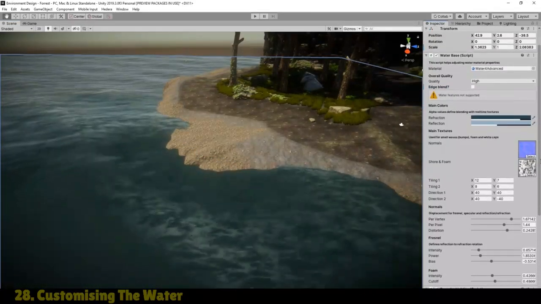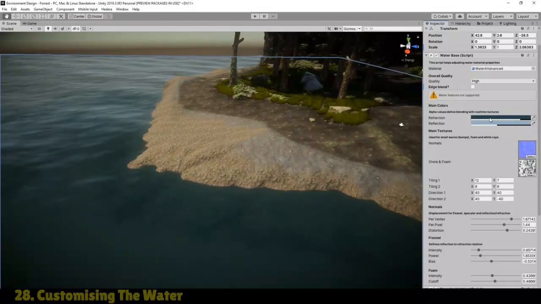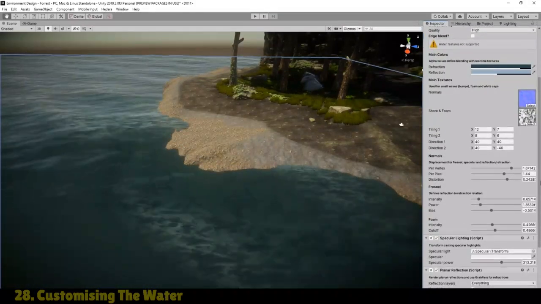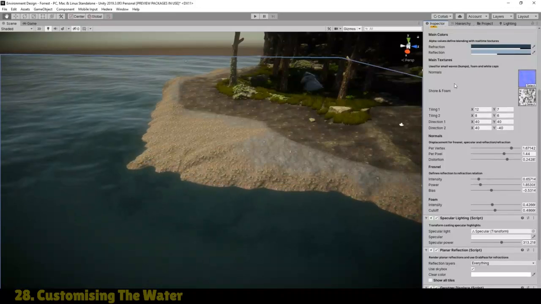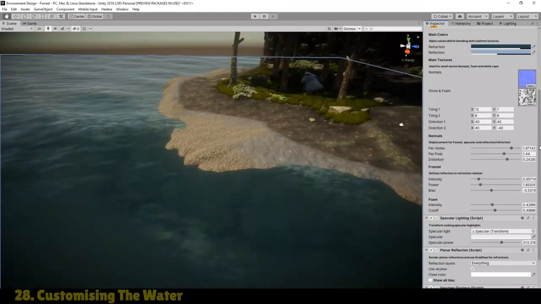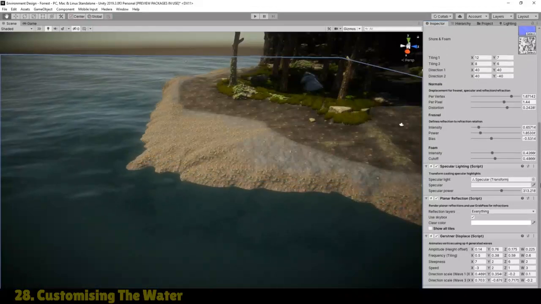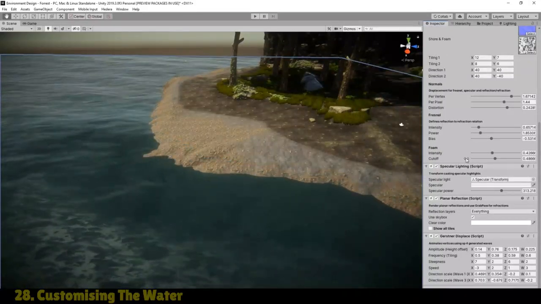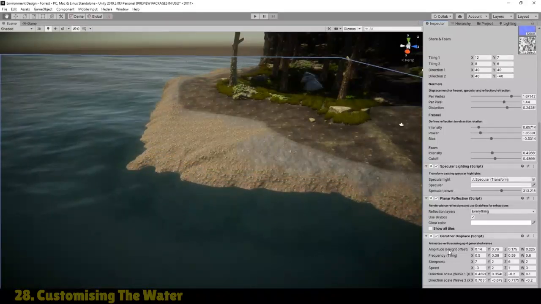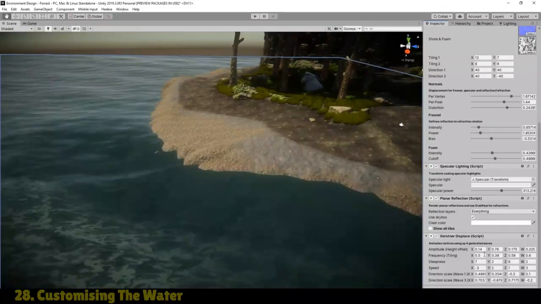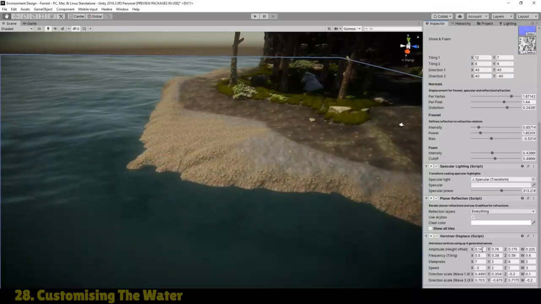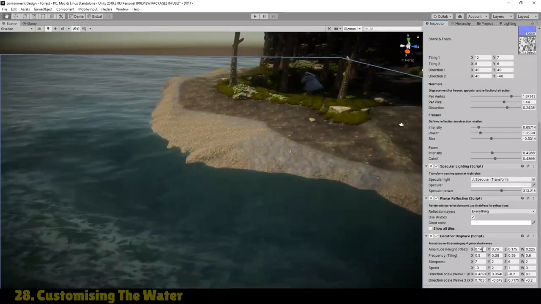So refraction and reflection, you can obviously change the color of those to change the color of the water. I'm quite happy with it at the moment. These normals and shore and foam are perfectly fine at the moment. Yep, these are all fine. And what we want to change is basically the amplitude, frequency, steepness, etc. and speed. So our amplitude offset on the X, let's just